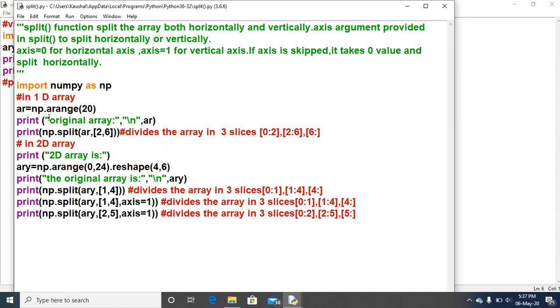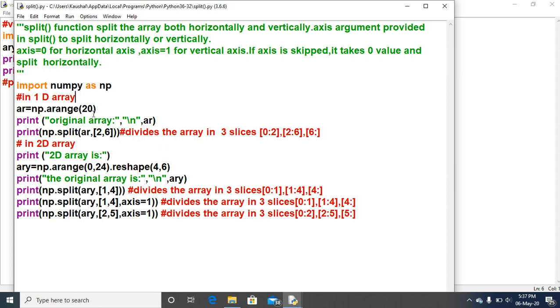Just check it: np.arange(20). What does it mean? AR contains the values from 0 to 19, that is, the elements 0, 1, 2, 3, 4, 5, 6, 7 till 19, because 20 is the last limit, so we take values less than the last limit, that is 19.